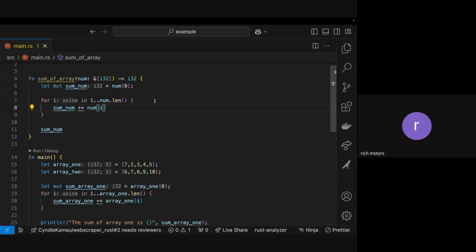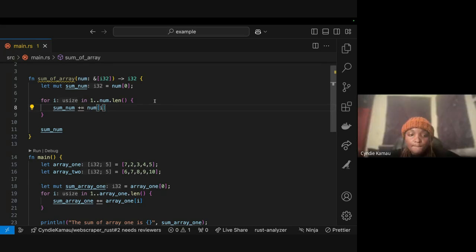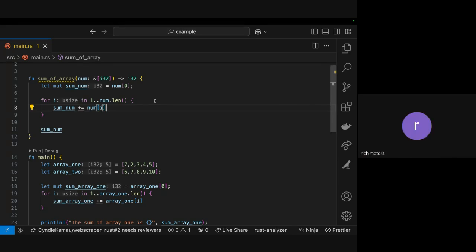So if you're assigning num at index 0 to some num, that is already making it 1. Okay, you have 7 here. That's making it 7, right? So going from the top of the list again, it is summing up or adding 7 to the 7 that some num has already, which is 14 already.